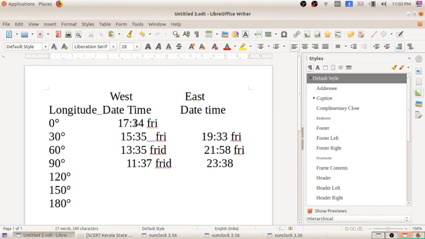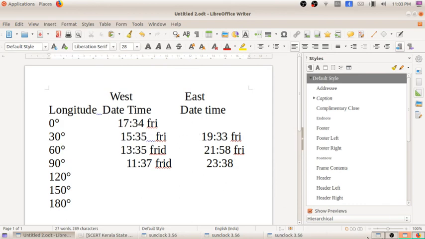So when we compare 0 to 30 degree, it is a 2 hour difference, to the east and to the west. When we come to 60 degree, you can see a 2 hour difference from 30 to 60 degree for west and east. That is the main difference we have to notice while calculating time zones.